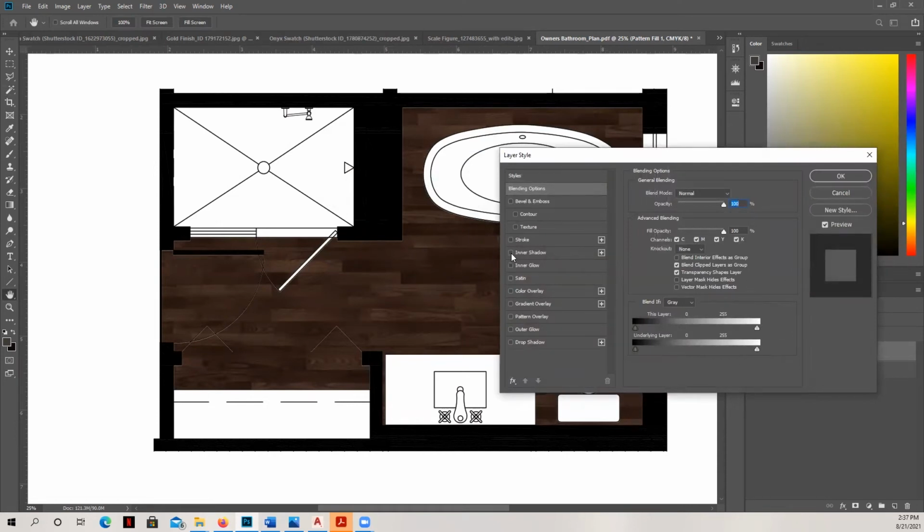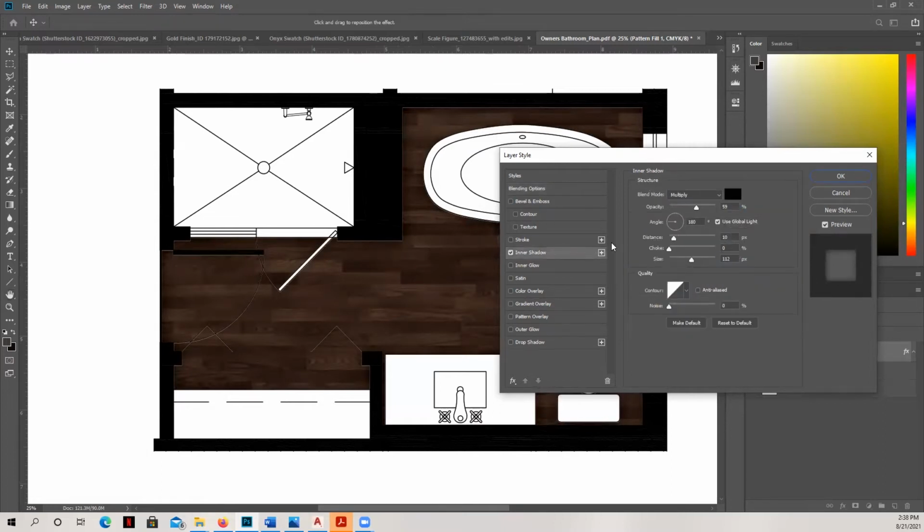And now I'm going to provide an inner shadow. When I click this box, go ahead and look on the perimeter of that pattern that you see. I'm going to go ahead and hit inner shadow and see how it just brings a little bit of shading in. If I want to make changes to that, I can click on inner shadow. I can increase the size just a little bit. I can increase the distance if I want. I can increase the opacity so it's a little bit darker.